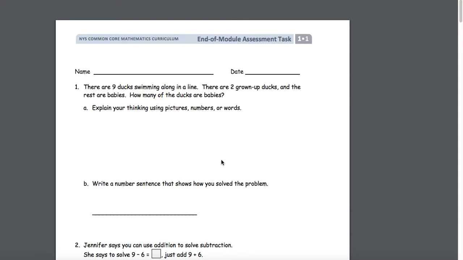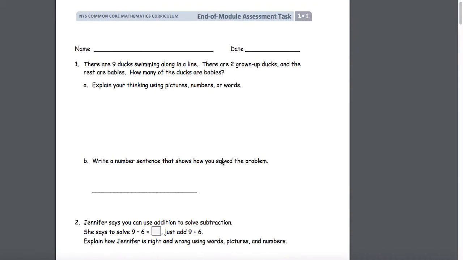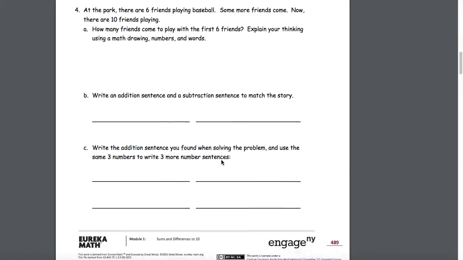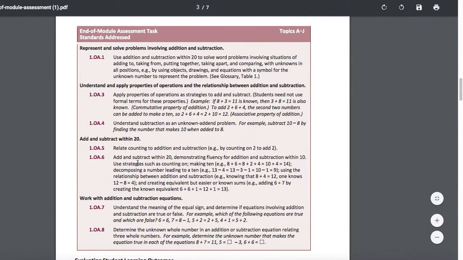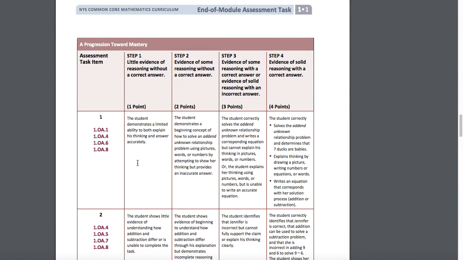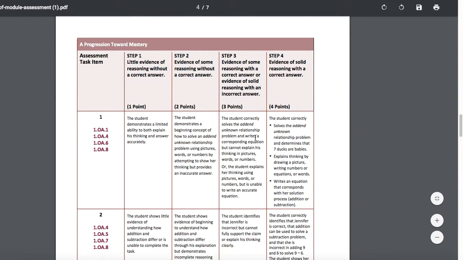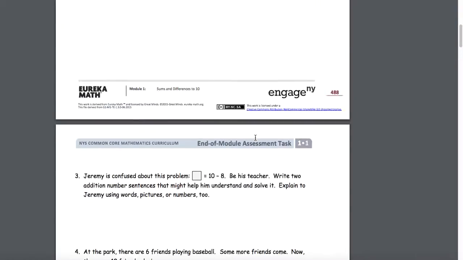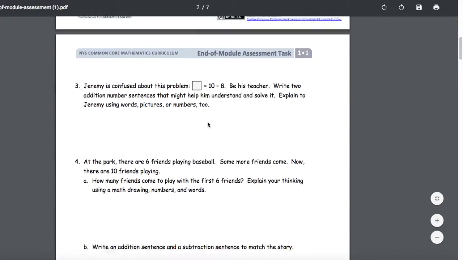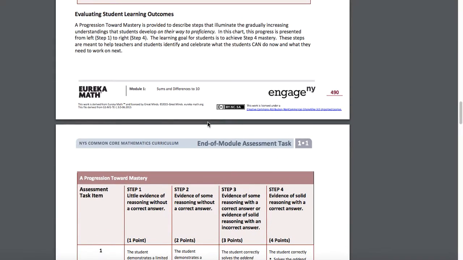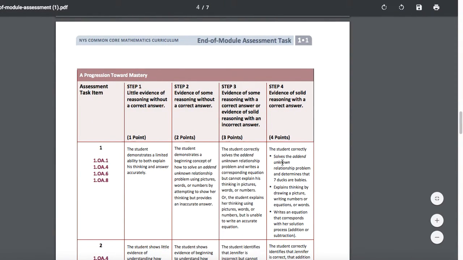It's not one that can be set inside Illuminate for auto scoring. So in this case, you can see the questions, the summary of the standards that are associated with those items, and then you can see that each of the items are scored by a rubric. So if we look at example 1 here, the first question, explain your thinking using pictures, numbers, or words associated with that problem, then you can see 1 is scored on a rubric of the student correctly solves the added